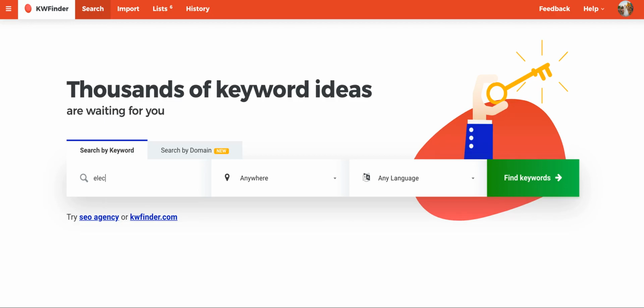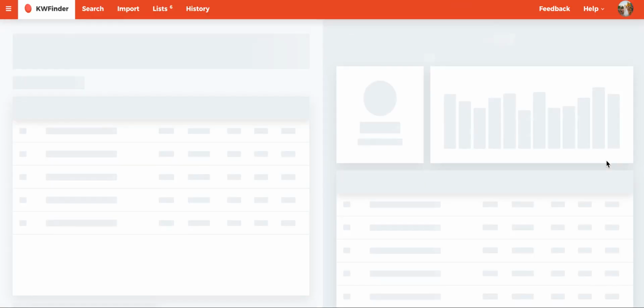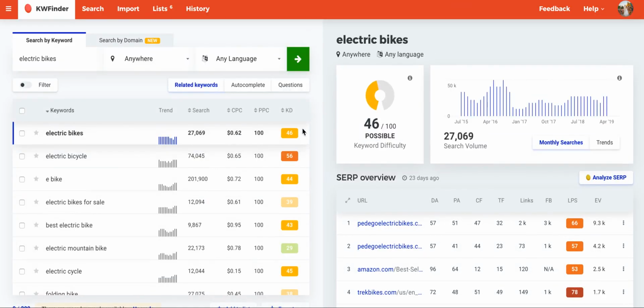So let's check it out for electric bikes. And you can search all over the world, any language if you want. You can search just in the USA if you want to as well. All right, so here you can see that for electric bikes, it's telling me anywhere in the world it's actually 27,000 search volume, so it's a lot less. I'm not exactly sure why that is. But it is showing that it trends pretty evenly across the year. It dips a little bit in the fall, so that's good to know. And the keyword difficulty is just for the SEO ranking difficulty, so it's pretty difficult. And the average CPC is important to know as well, because that will tell you how much you're going to have to spend on ads in order to get sales.